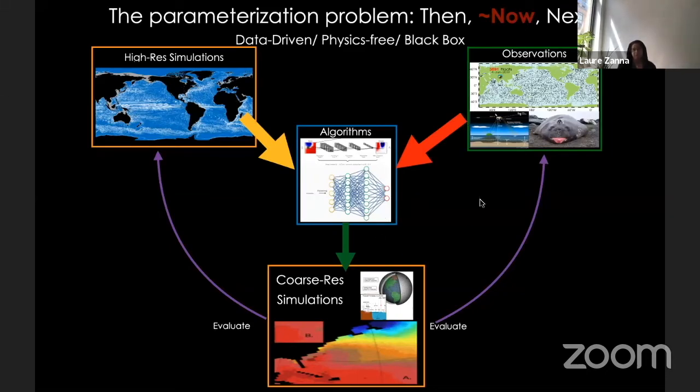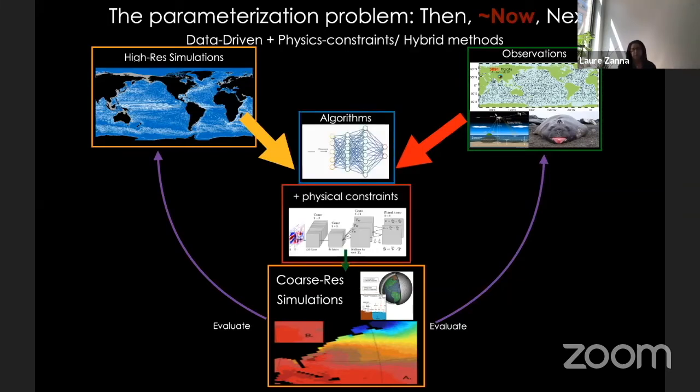So you continue to evaluate against that. But as I mentioned, this kind of physics-free or black box approach is less exciting in a sense, because you have no idea what the algorithm did. You didn't tell it anything about the physics, or it didn't teach you anything about the physics. So there's a little bit of reluctance in going that way. And so in the last couple of years, quite a few of us, both in the ocean and the atmosphere, have been embedding physical constraints within the algorithm. So Vipin mentioned, we call it physics aware or physics constrained or physics guided.